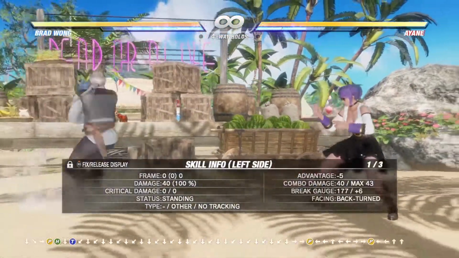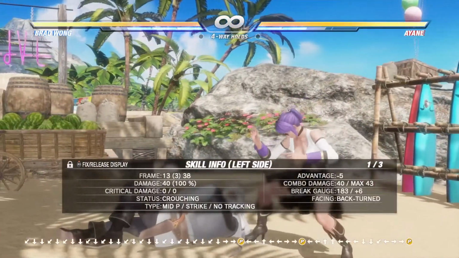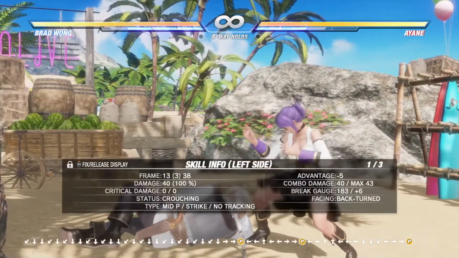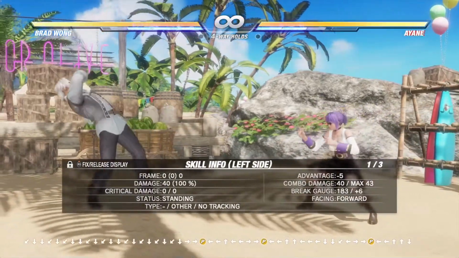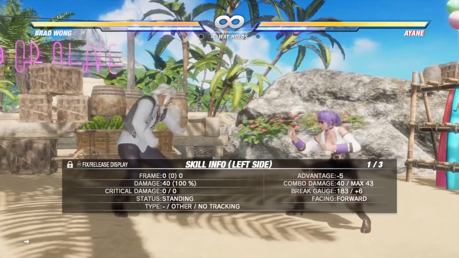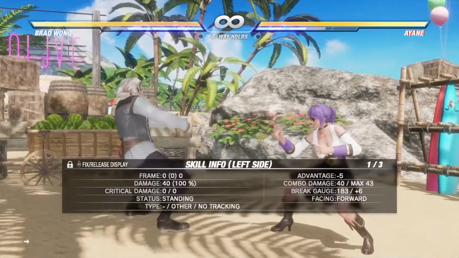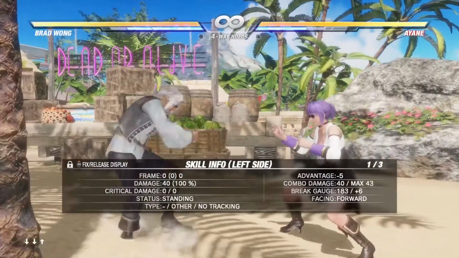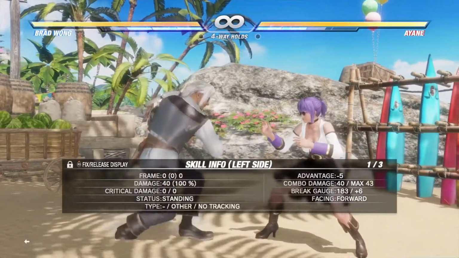It comes out faster. This move is just sneakier. It's negative on block, but it's not unsafe. So under most circumstances, you can't really get punished. But I will let you know that a true tracking mid, for instance something like Ayane's 4P, can actually hit him for free. But